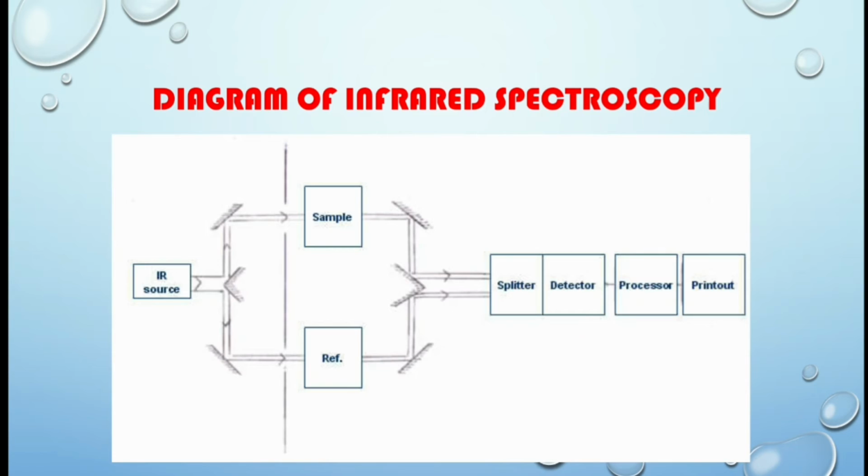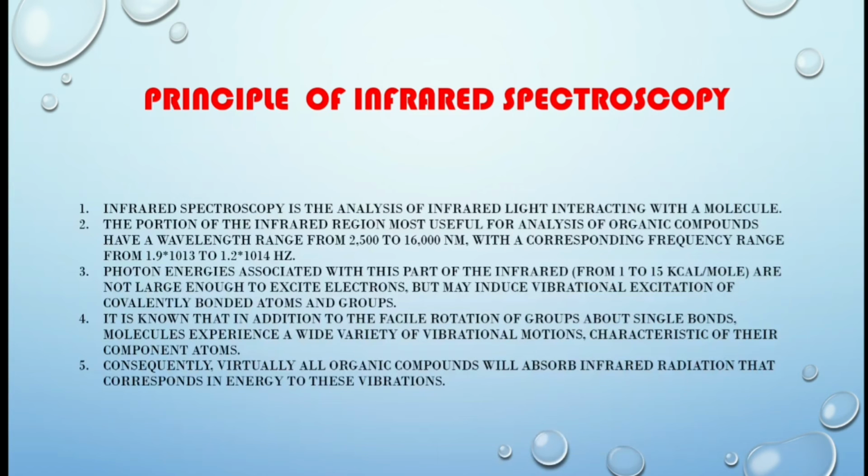So that was all about the introduction of infrared spectroscopy. Let's see the diagram of infrared spectroscopy, that is IR. First of all, it has a source, sample and reference, splitter, detector, processor and printout finally. So this is the diagram of infrared spectroscopy. Moving forward with the principle of IR,